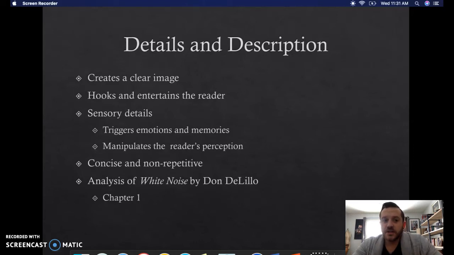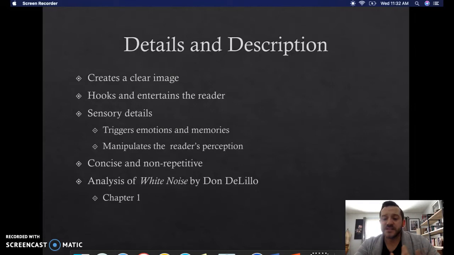It creates a clearer image, it hooks and entertains the reader, sensory details, things that the reader can see, hear, smell, touch, whatever. It can trigger emotions and memories, and it manipulates the reader's perception. For example, smell is our sense that is most linked to memory, and often the most linked to powerful emotions. So using sensory details in your writing will create an experience for the